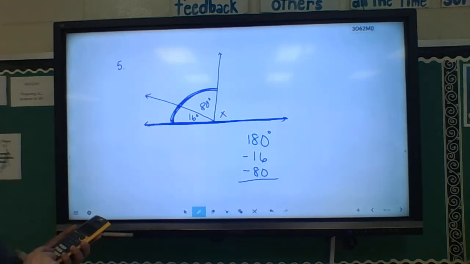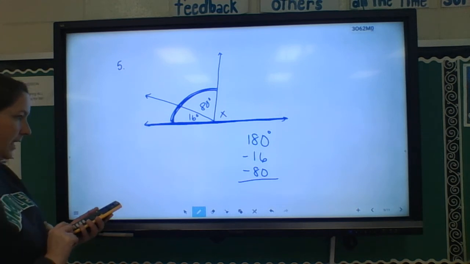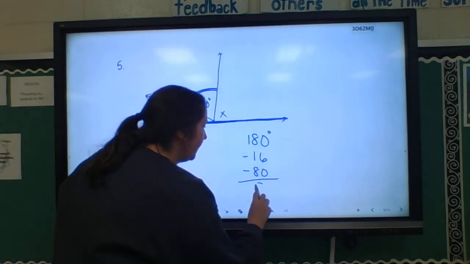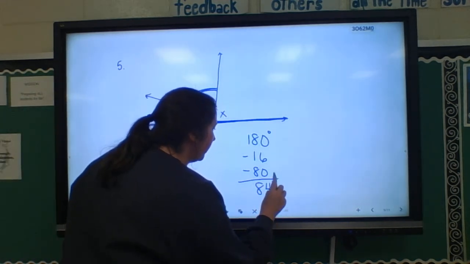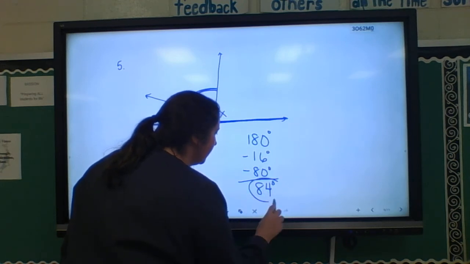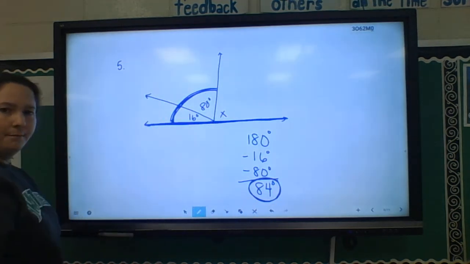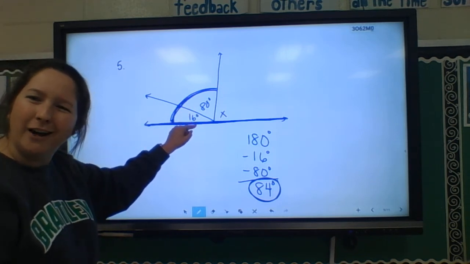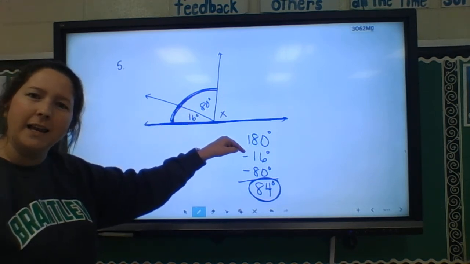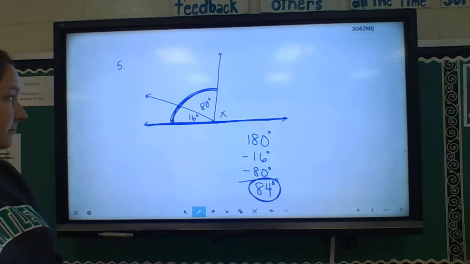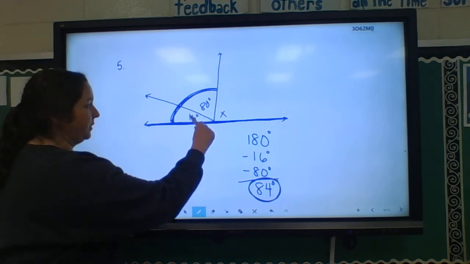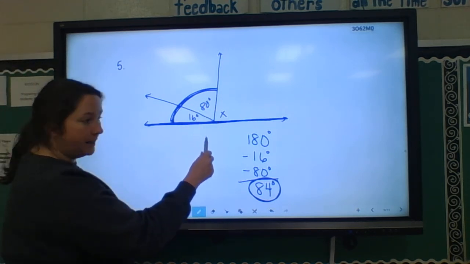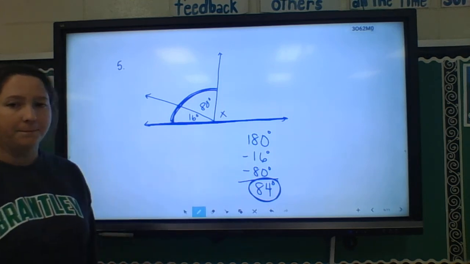So 180 minus 16 minus 80 is 84 degrees. Miss Beck, can I add those two together and then subtract from 180? Sure, that's fine. You can add those two together to make it 96 and then subtract from 180. Either way,